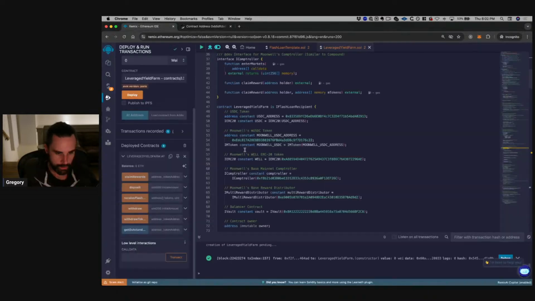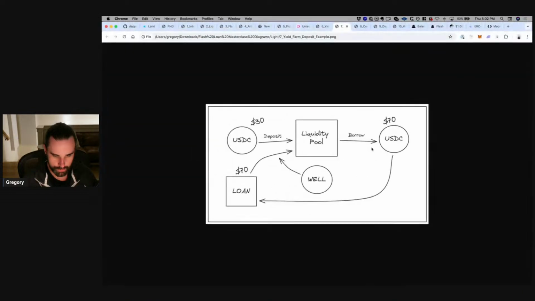All right. And so now we're going to deposit into Moonwell. So we're going to run this step here where we take out a flash loan for $30. We use $3 of our own money, not 30. Combine it with $7 of a flash loan, put it into Moonwell, or turn around and borrow $7 and then put it back here. And we're going to earn the bonus income this way.